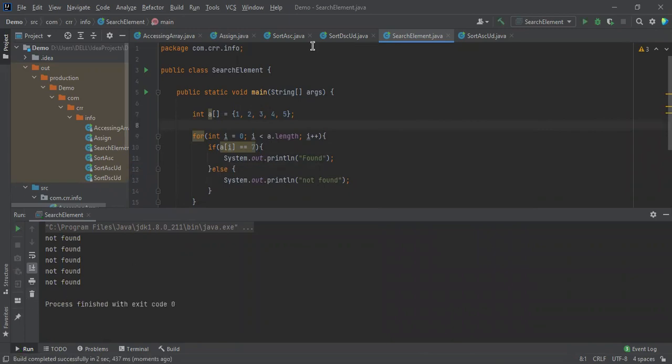Yes, because the print is inside the loop, that's why I didn't mention it. It is still the length of the array, that doesn't matter. I think today it is enough. End of the session. In the next class also we'll discuss this. There are many ways to search an element using a scanner, where we'll give user input by using a keyword. I think you got the point: what is the use of search element?